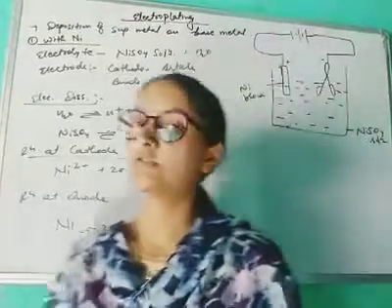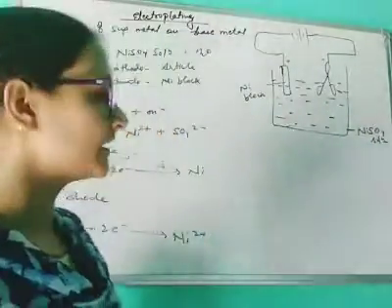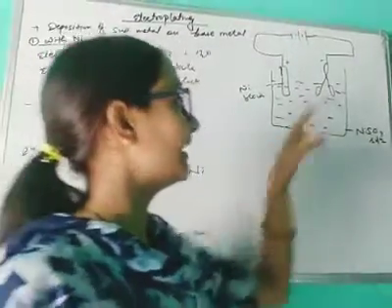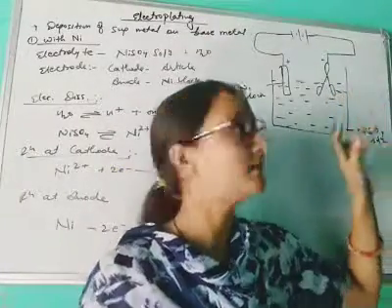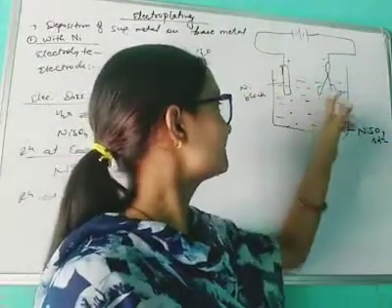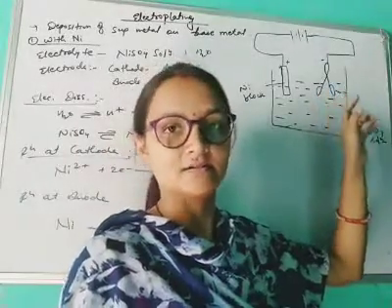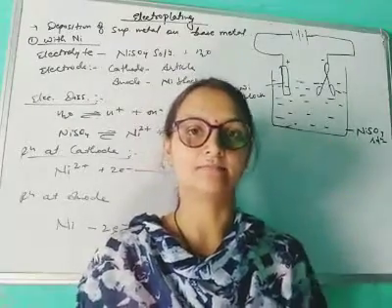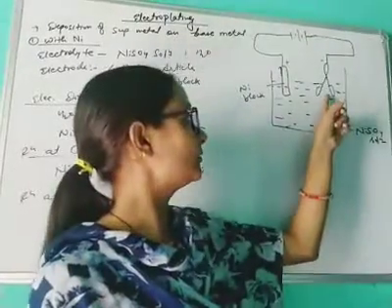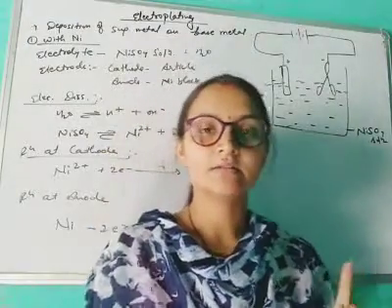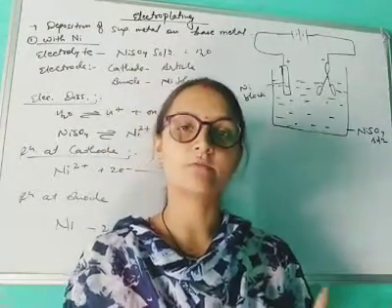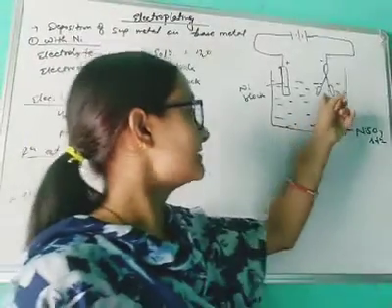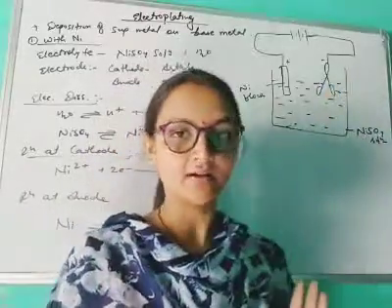For electroplating you have some conditions. For example, here we have used a setup. Here we are using a scissor, on which we are coating nickel. The nickel metal we are going to plate over it. The article which we are going to use is always placed at the cathode. Why? Because at the cathode we always get our product.